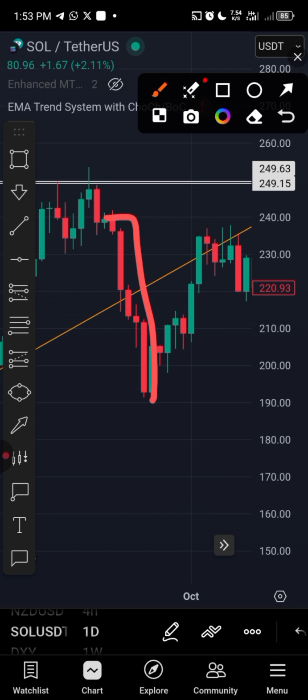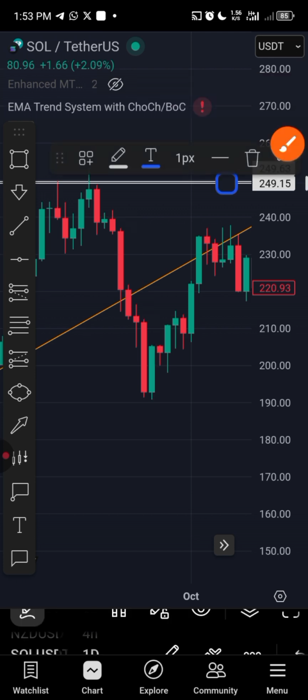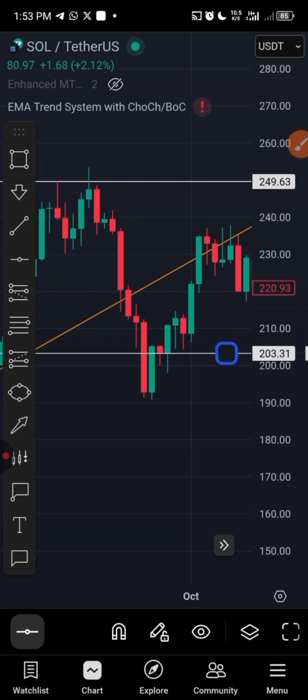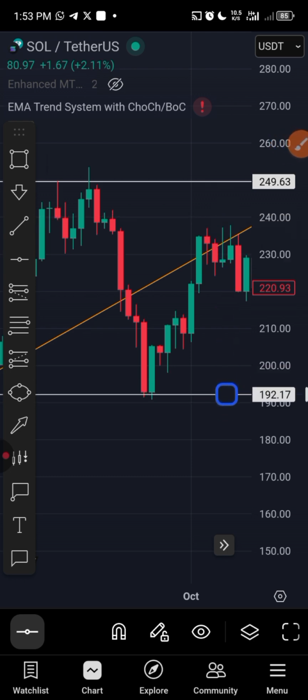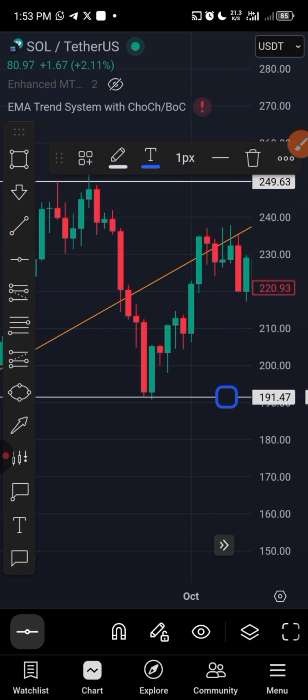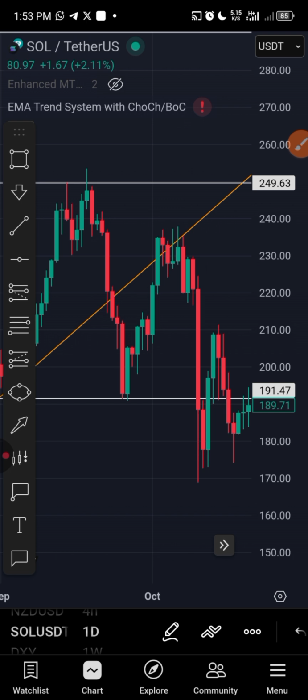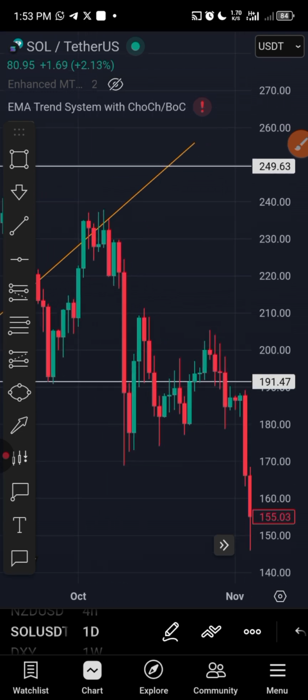This is a daily candle, so you know how much drop this is. The market dropped from, let's just say, 240 to 191. So that is a heavy drop in the market, right? You've seen the engulfing candle, the bearish engulfing, the bullish engulfing, and you have also seen the evening star. So let's check